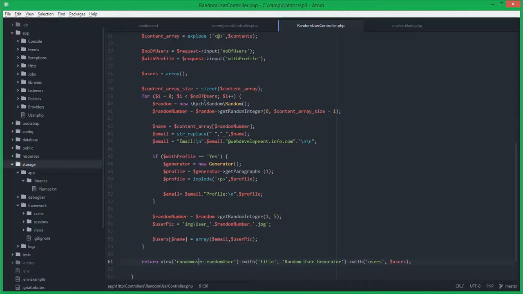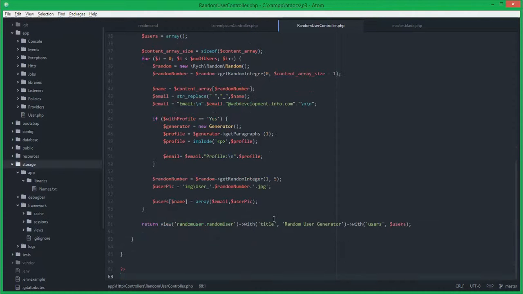As many users are requested, not 0 to 5 or 0 to 10 will be taken as is, but random 5 users will be generated as the user has requested. Random 5 users from the array will be taken, and the email would be generated. If the profile is set to yes, a lorem ipsum generator is utilized again here and sent to the user view with the requested values set.